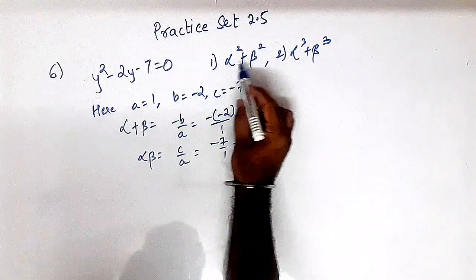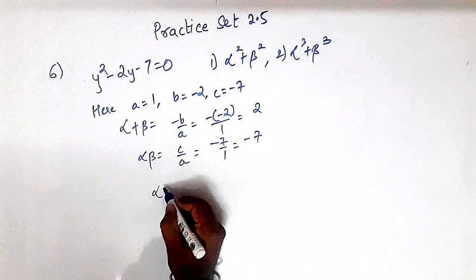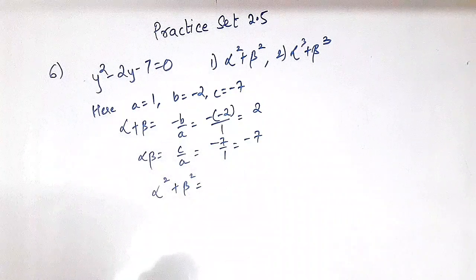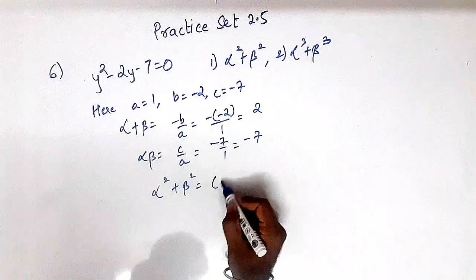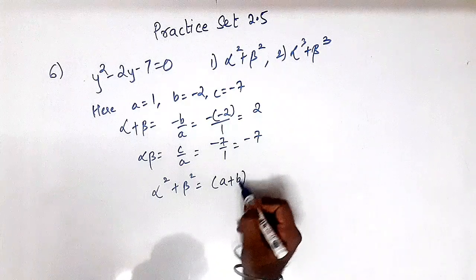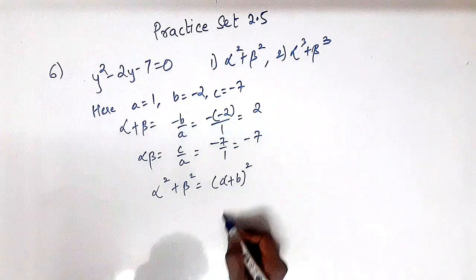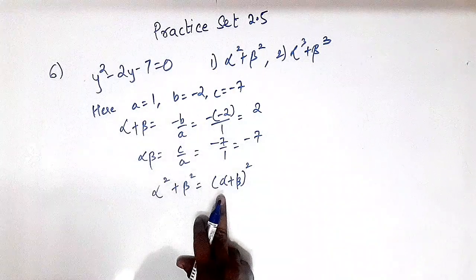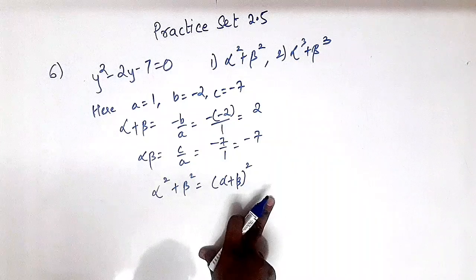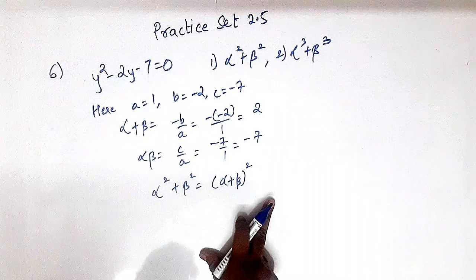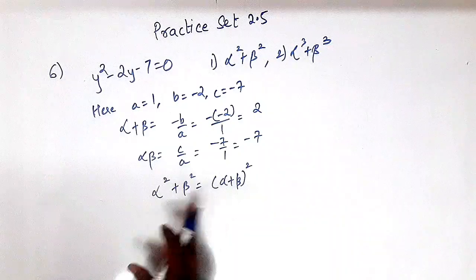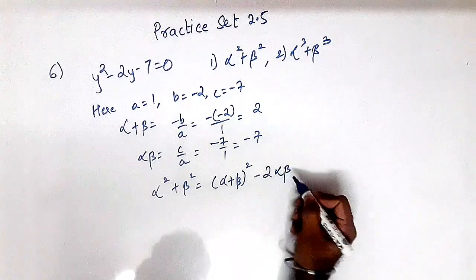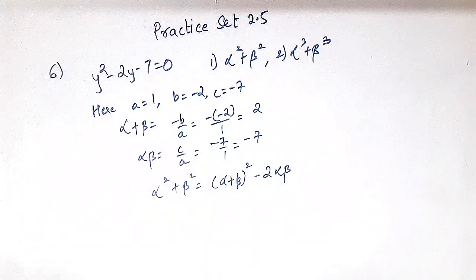Now suppose this is a square plus b square, alpha square plus beta square we have to find. Okay, so if you see the formula for a plus b the whole square, okay, I am taking this as alpha and this as beta. A square plus 2ab plus b square, yes or no, means a square plus b square we have, plus 2ab is extra, so what I'll do, I'll put here minus 2 alpha beta, minus 2ab.